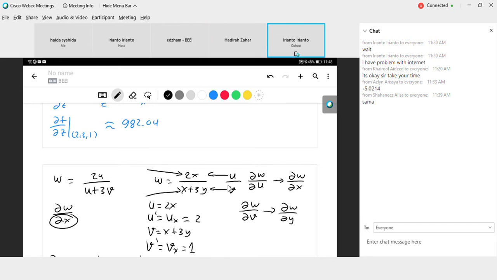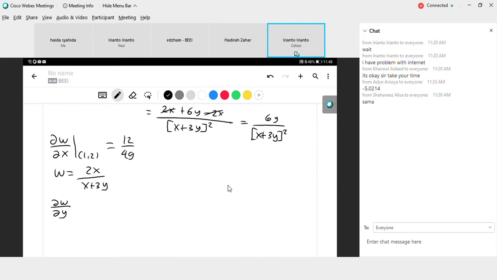Function divided by function. This one, we want to differentiate with respect to y. Is there any y in the numerator? No. So this can be considered a constant. It is the same as 1 divided by, let's say, 1 plus 3y. The x is just a constant. Do you understand? So no quotient rule needed. You can write 2x multiplied by (x plus 3y) to the power of negative 1. The result will be,